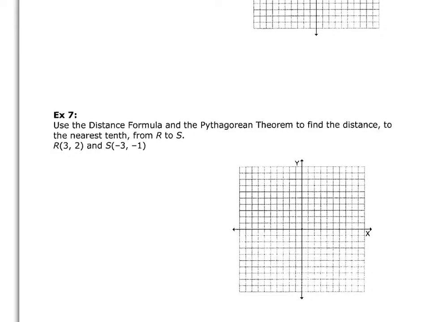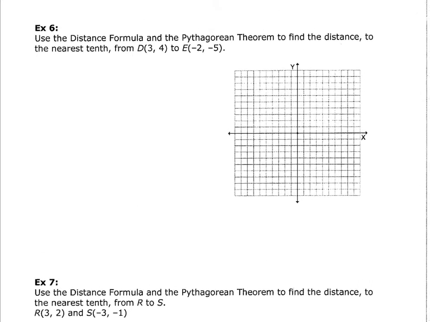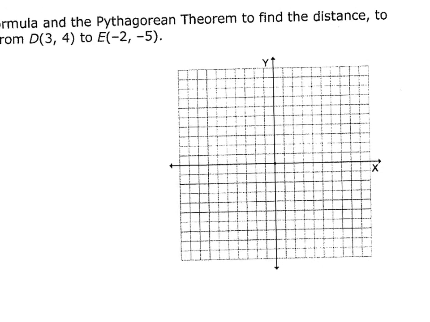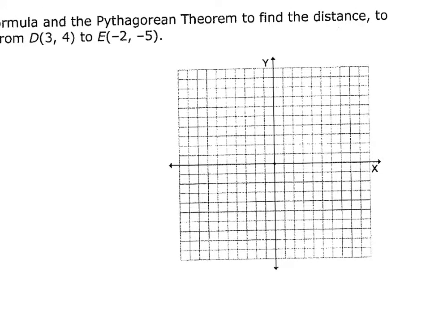Okay, so let's take a look at a couple of examples right here, and we're going to use the Pythagorean theorem to help us find some different segment lengths. Let's go ahead and plot our different points. We have the point D, that's (3, 4). Let's zoom in here. (3, 4), so we go over 3 and up 4, and that gives us our point. And we have (-2, -5), which will be